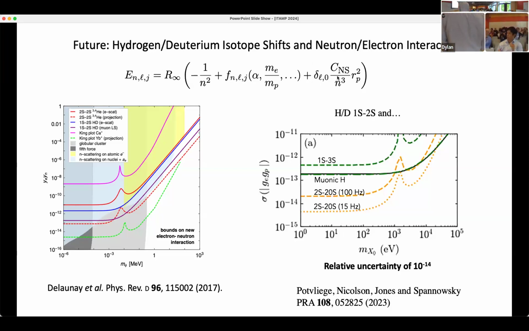But at least it makes sense, right, that if you can extract a Rydberg constant from hydrogen, you can also extract the Rydberg constant from deuterium. Again, when you compare those, if you see some difference, it might be some indication of some increased interaction between the neutron and the electron. And in fact, deuterium and hydrogen do set some nice limits, at least according to this paper, right, on this